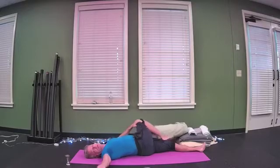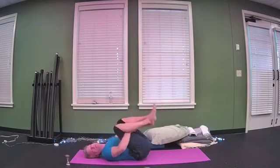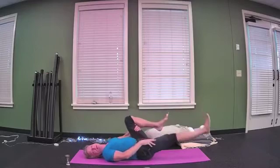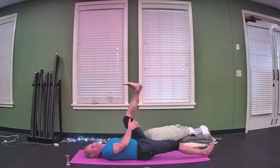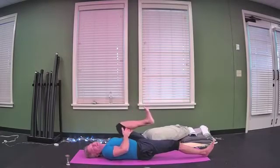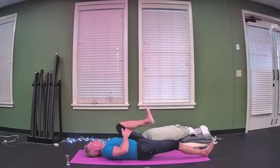Now rolling our legs back to center, we can hug the thighs, roll the knees in a circle 3 times one direction, and reverse and roll 3 times the other direction. Now releasing the left leg out and down, hugging the right thigh in. Inhale, press up. Exhale, squeeze the air out of your belly. Inhale, press up. Exhale and squeeze for 3,